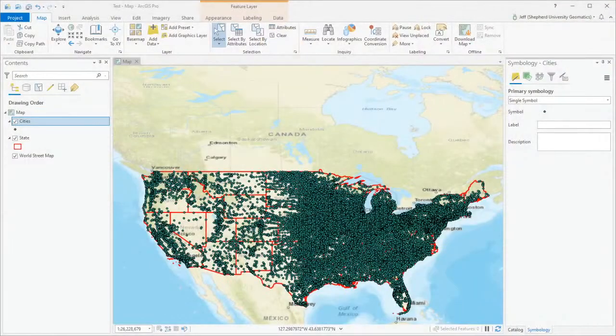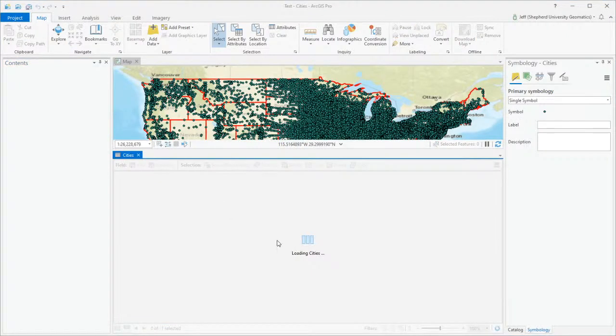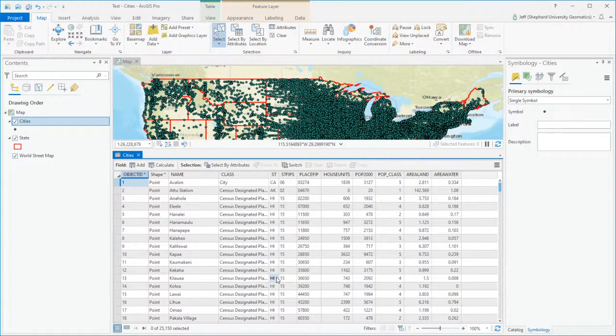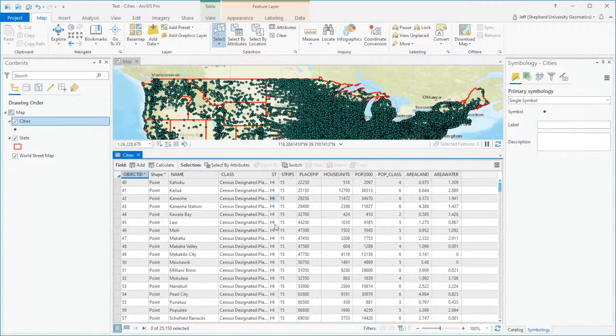Okay, so let me open up the cities attribute table again. If I right-click on cities and open the attribute table, let's take a look at what we have. Let's say I just want to focus on cities that are located in West Virginia. I noticed that one of the columns in my attribute table is state, ST, and there's a 2-letter code for each of the states